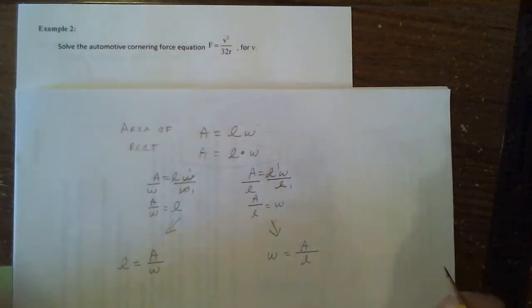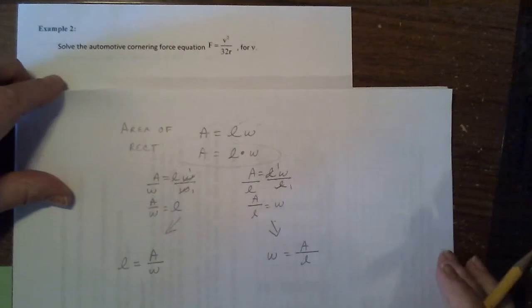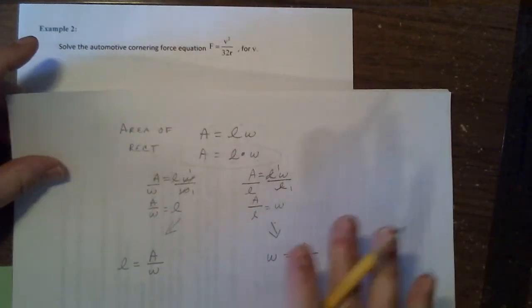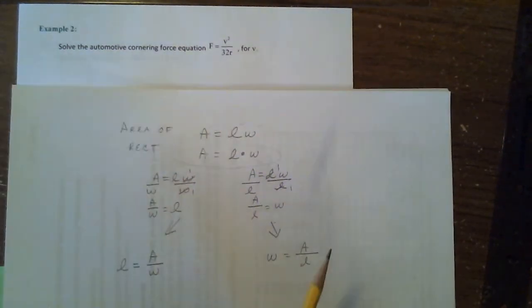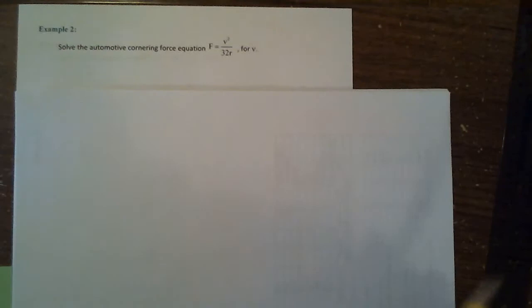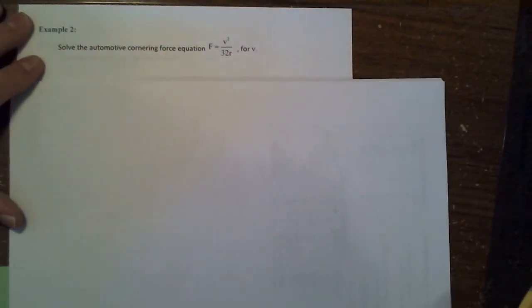and width is equal to area divided by length. So that's our starting point. So basically what we're doing is you start with a formula, you look at what you want, and you start breaking things apart. Okay, so let's take a look at this one that we have in our example,